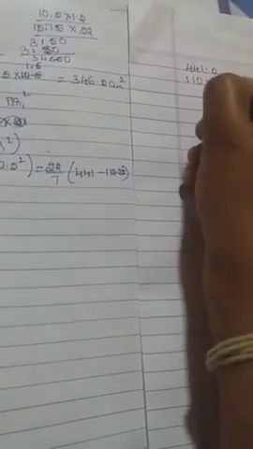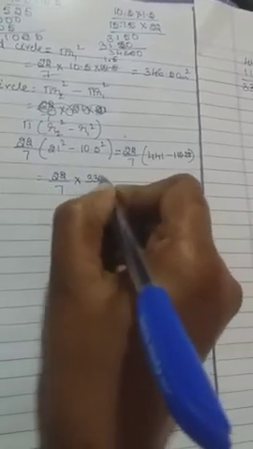Let's do the subtraction here. 441.0 minus 110.25; one more number is there, so you have to add one digit. 10 minus 5 will be 5, 9 will be there, 9 minus 2 will be 7, and here we already took the borrow, so 0. 4 minus 1 is 3, and 4 minus 1 is 3, so we got 330.75. But it's still not completed: the area is 22 by 7 into 330.75.